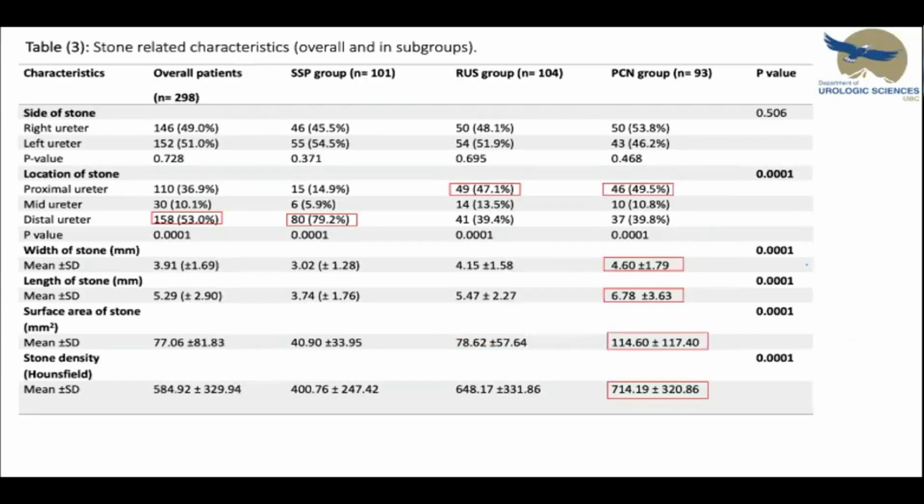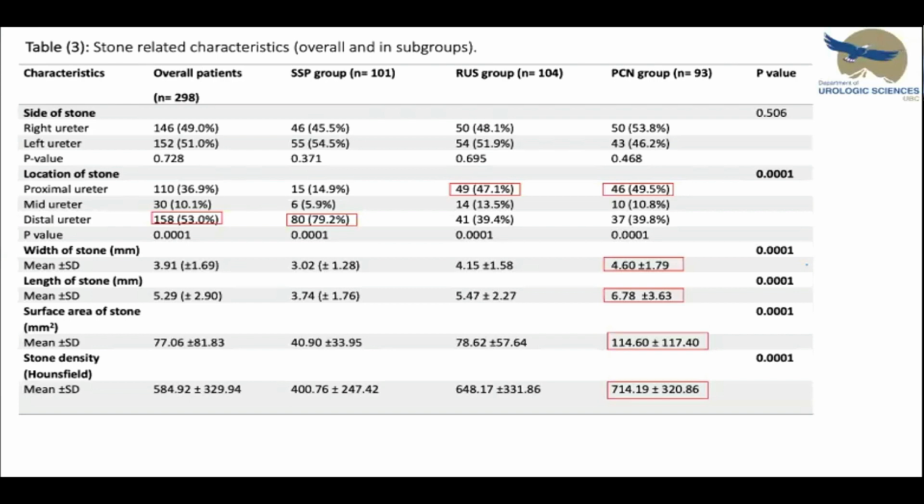Side of stone, there was no significant difference between right and left ureteral group. Location of stone in all patients was significantly more in the distal ureter, in overall patients and even in the spontaneous stone passage group, with 79.2% of the stones in distal ureters, while in stent and nephrostomy tube groups, the stones were more significantly